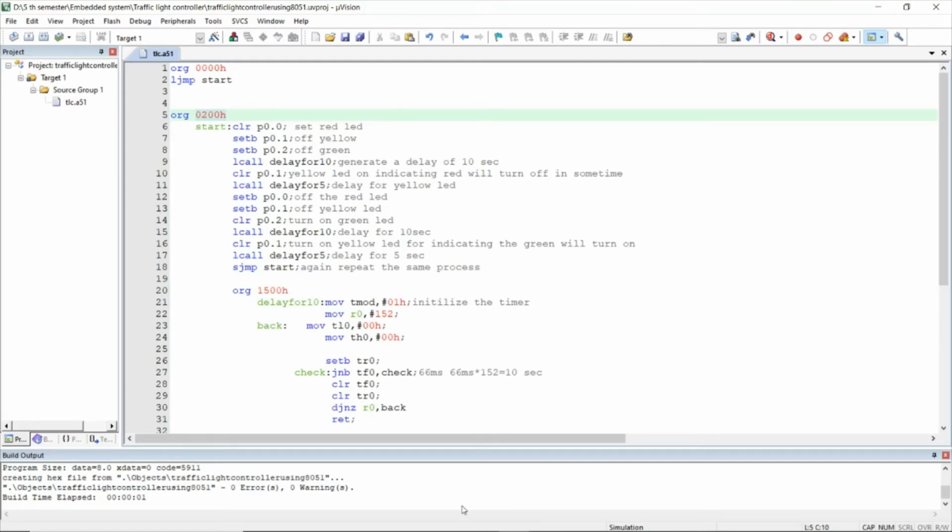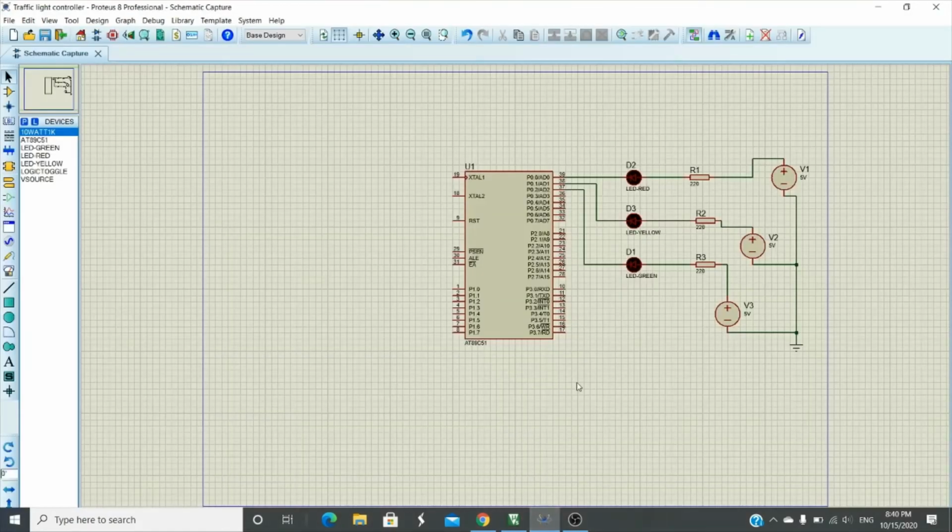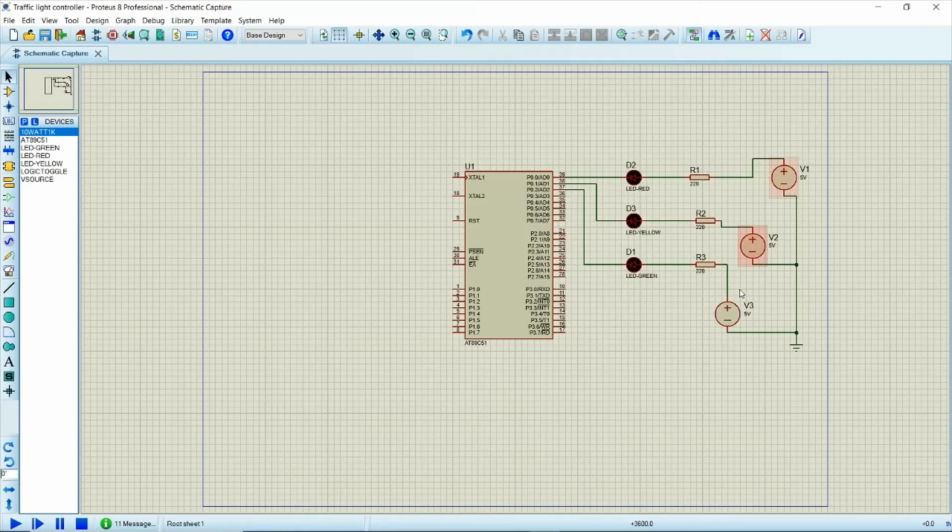One thing I forgot to say is, here we are using three different voltage sources. I have used three; you can use one.